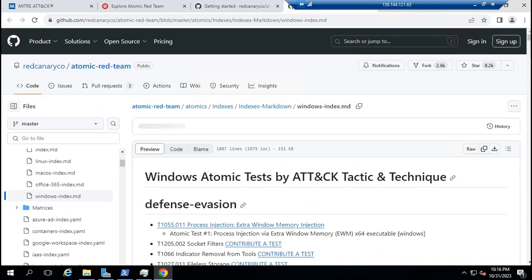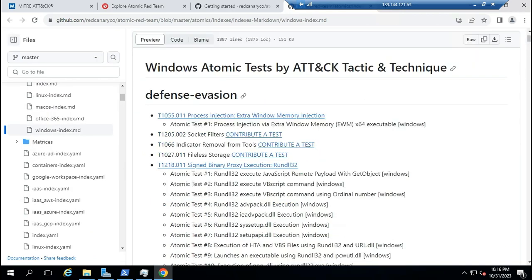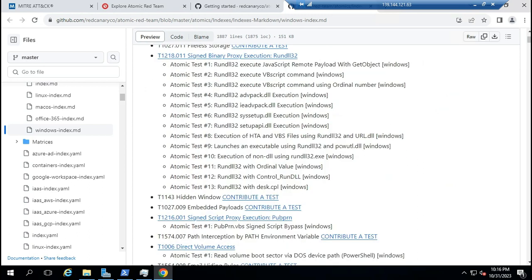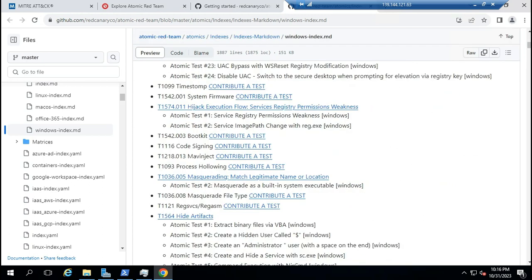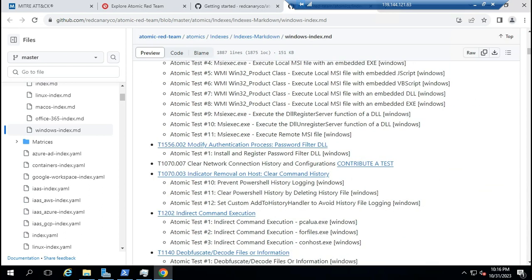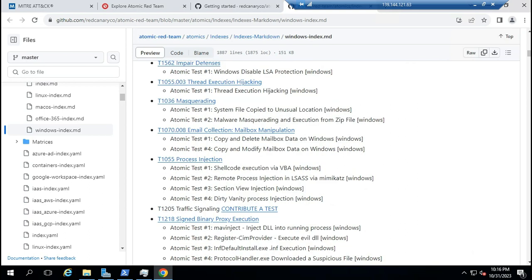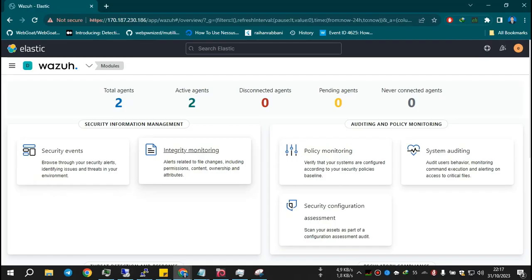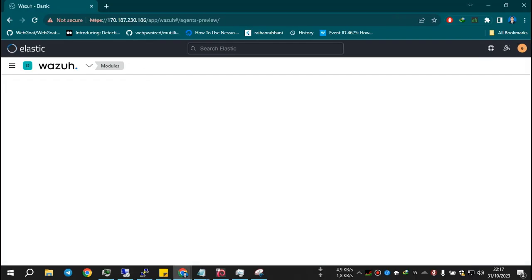So in here there are many tactics listed. There are so many, and we are using maybe one, two or three techniques so that we can see the log from the Wazuh server in here.